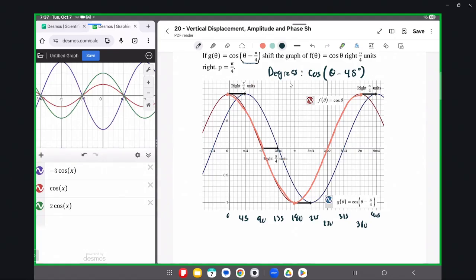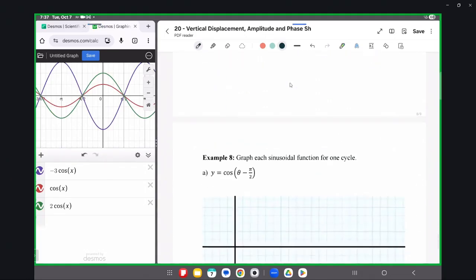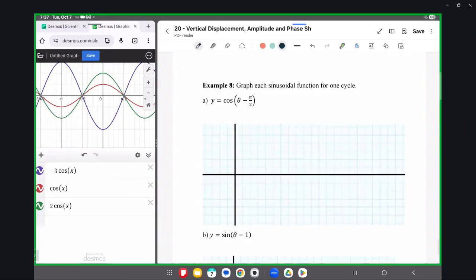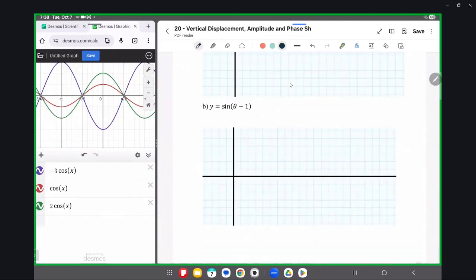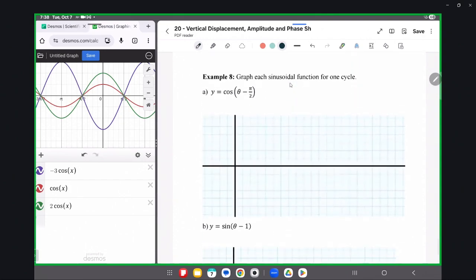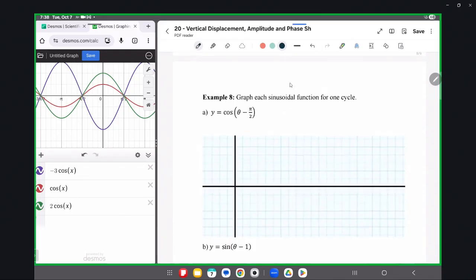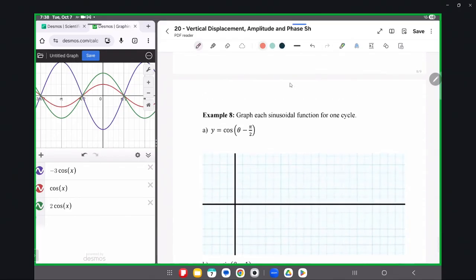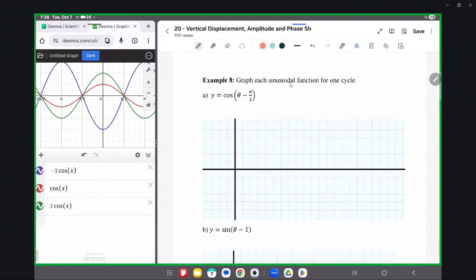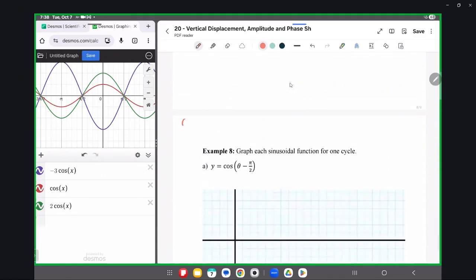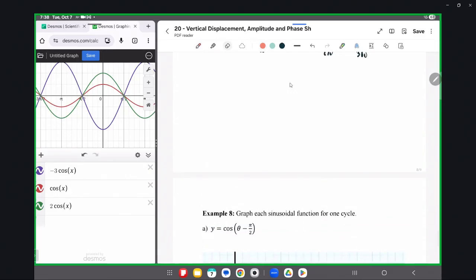Okay, so let's continue on. So this is the toughest thing to do. We're going to graph each sinusoidal function for one cycle. And we have 2 graphs to go through, and this is going to be the rest of class for us. So we're going to have a look at cos of theta minus pi over 2. So the most important things to consider, we'll write it up in this graph. So as a consideration for graphing